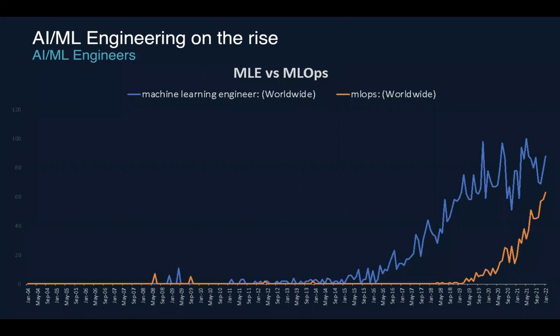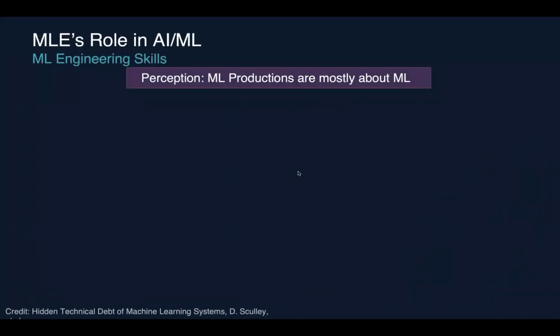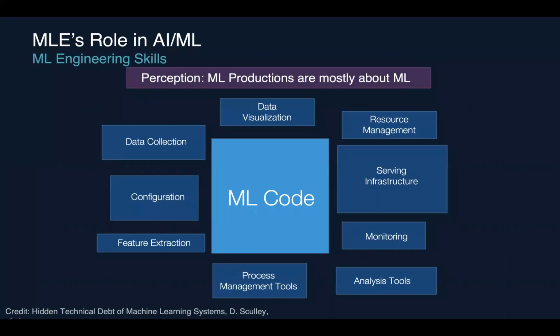So I think before that happens, machine learning engineers are going to play a very important role in AI strategy for a lot of companies. And not everything can be automated, even though a lot of things should be automated. Machine learning engineers' role, right, in AI. If you look at